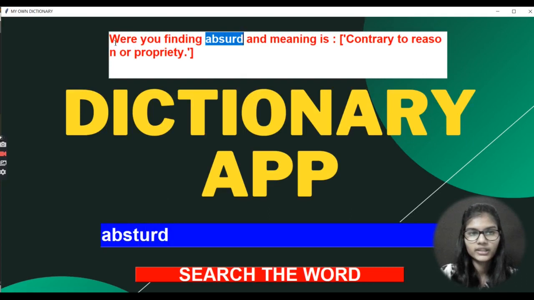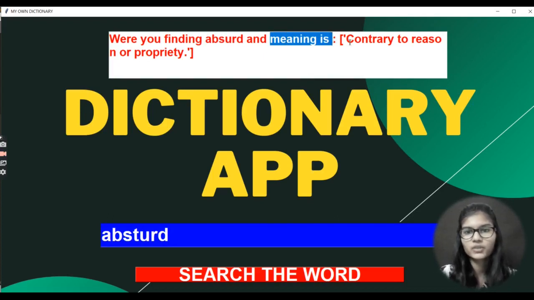So see, here it is giving me: were you finding absurd, and meaning is contrary to reason or propriety. I wrote this to show you that if I'm writing any wrong spelling, then it is correcting that spelling. It is saying that okay, this is the word which you're finding out. If yes, then the meaning for this particular word is this, which I have written here, right?